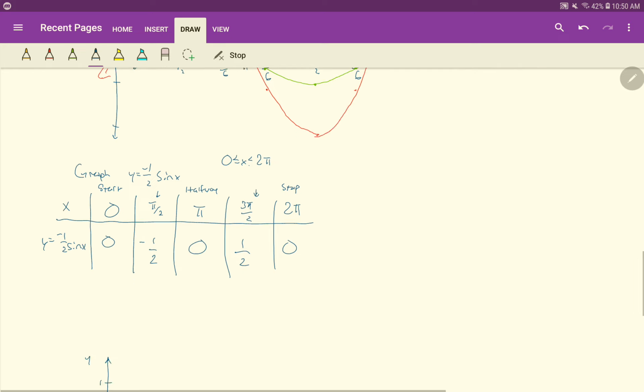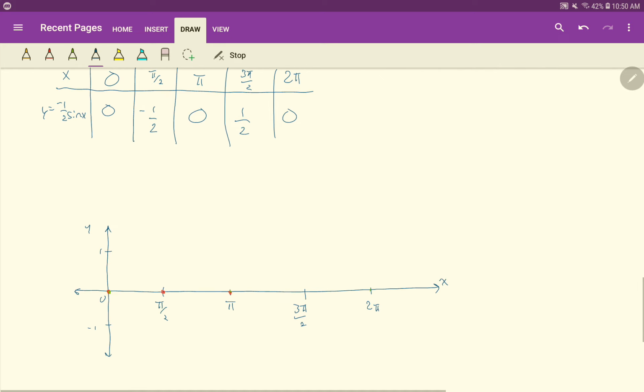So when I go to graph this here, and again, I'll do it in red. 0 will still be 0. At pi over 2 will be at negative 1/2, so right there. At pi, we'll be back at 0. 3 pi over 2 will be a positive 1/2, and 2 pi will be back at 0. And so if I connect these dots here,